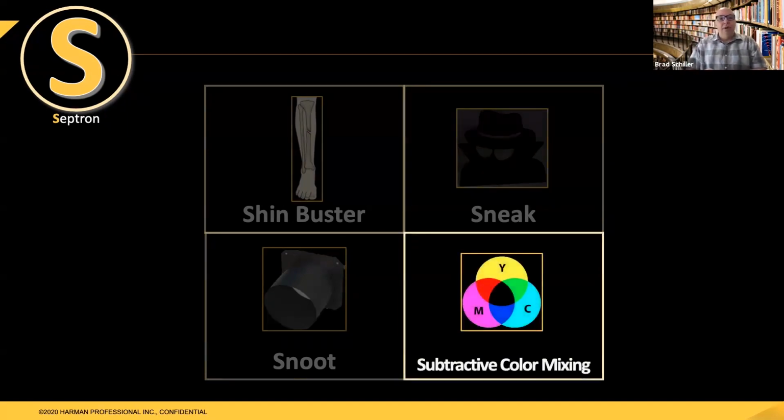And I started off with additive color mixing. The partner to that is subtractive color mixing. And this is where you start with a white light source, and then you use filters to color mix. And eventually, if you put in all the filters, you get to no light. So you're subtracting light as opposed to adding light. Typically, we'll find this in a CMY color mixing system, subtractive color mixing.